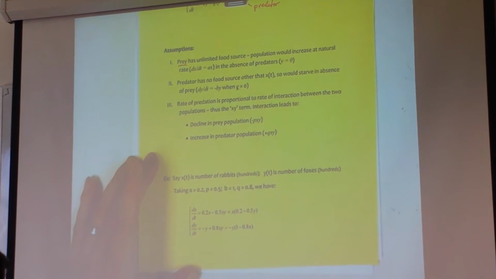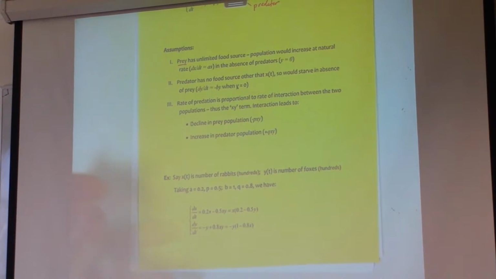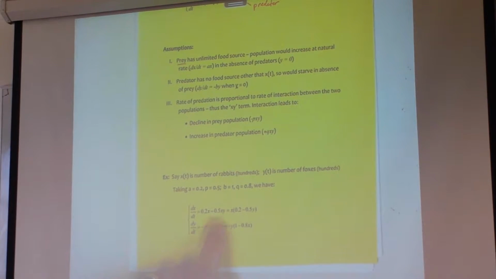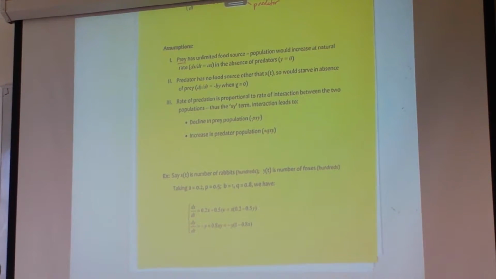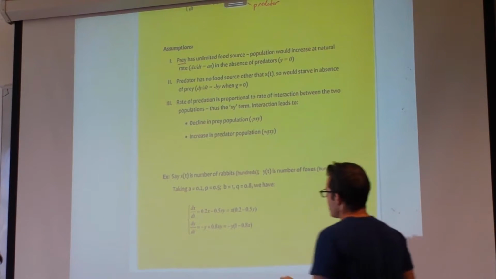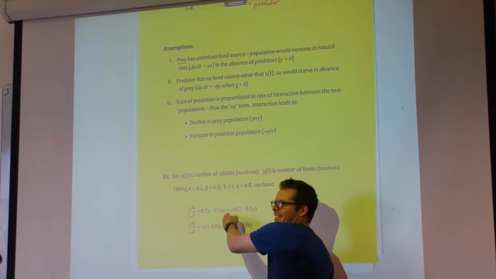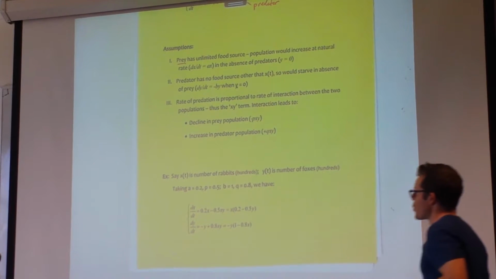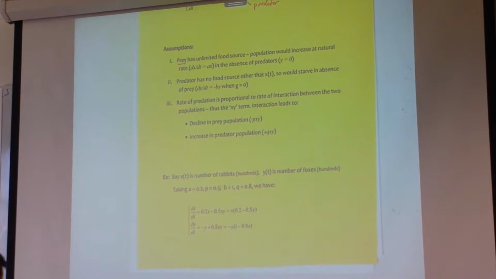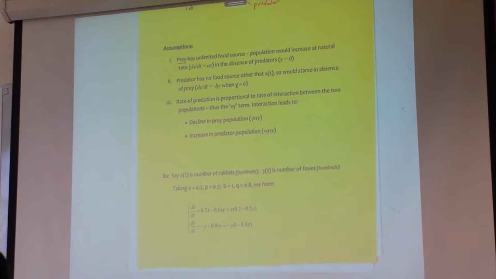So as a specific example, and we're not going to solve this, but if X represents the number of rabbits, measured in hundreds, and Y is the number of foxes. If you take those coefficients, then you get this specific system of equations. Okay? And it is not quite linear, but it might be almost linear, right? So we can analyze it. One thing to notice